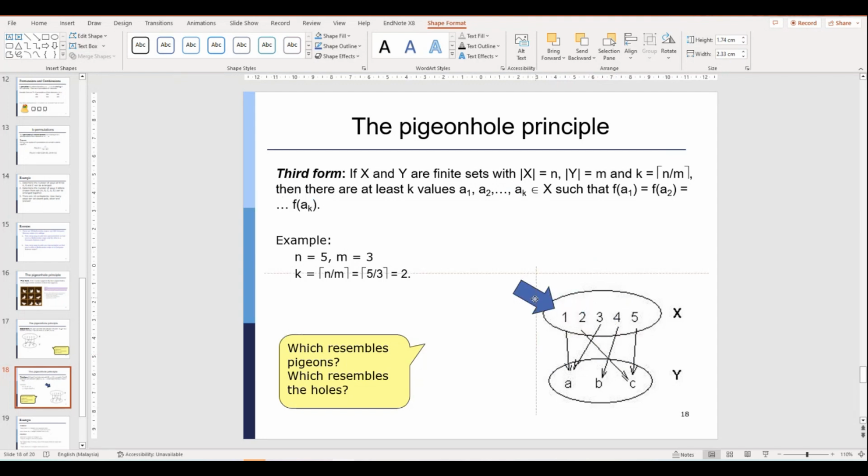So in this case, we have more than two domain elements which are mapped to the same codomain element. F means mapping. A1 and A2, both elements from the first set X, are sharing the same mapping. And in this third form,